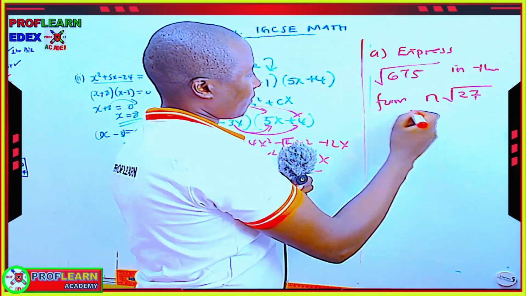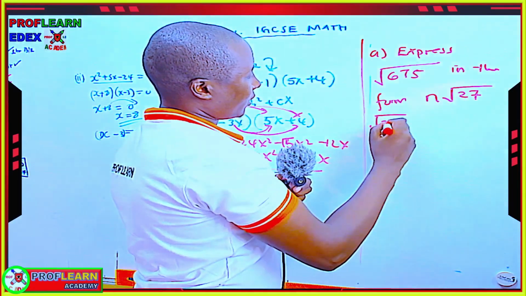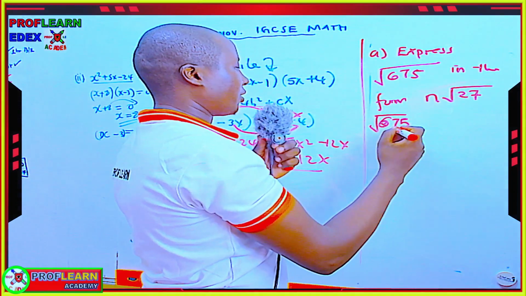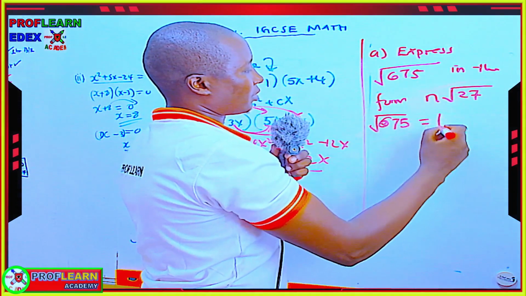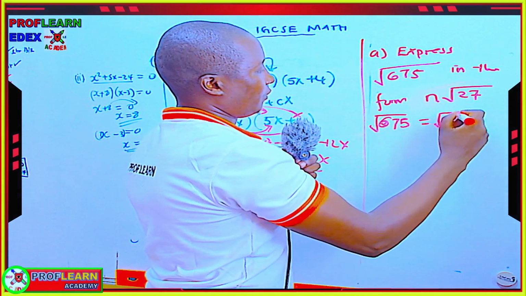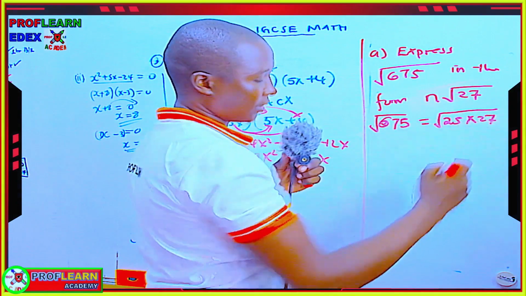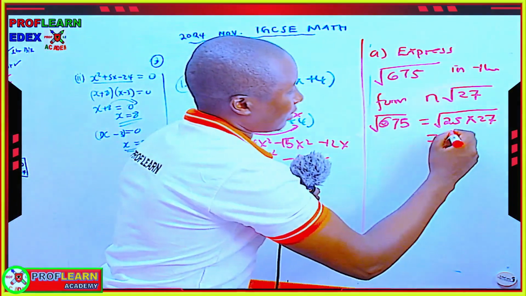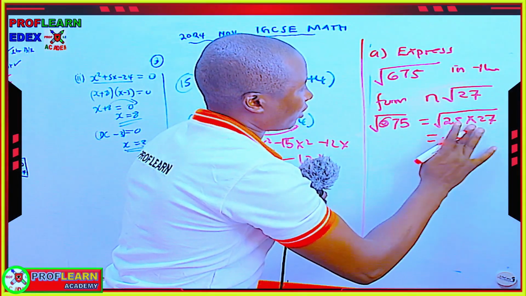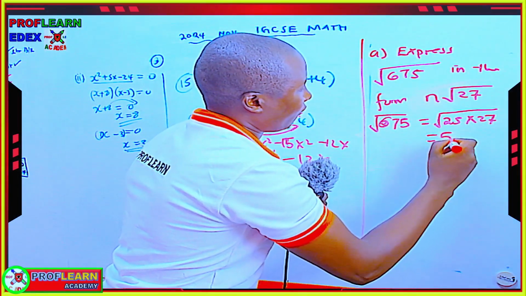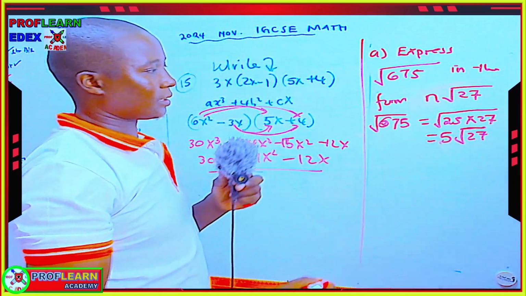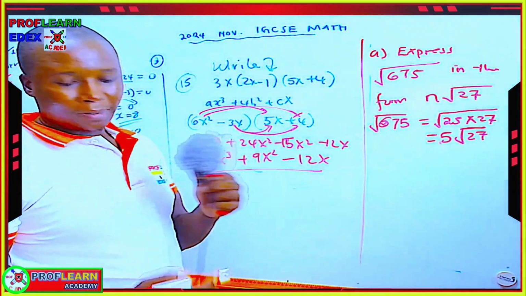So we know that the square root of 675 can be written as the square root of 25 times 27. Okay, so which will mean that the square root of 25 is going to be 5. So we shall have 5 root 27. We can leave it that. Yeah? And the second part of